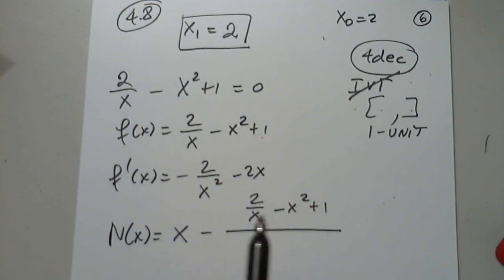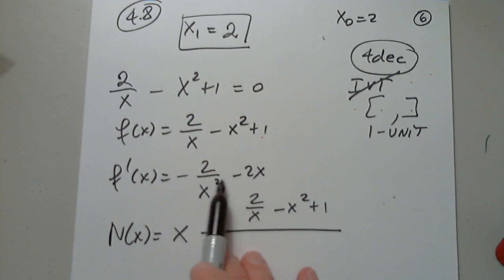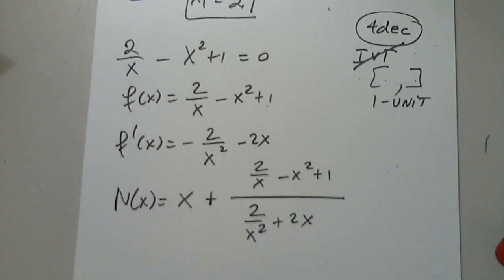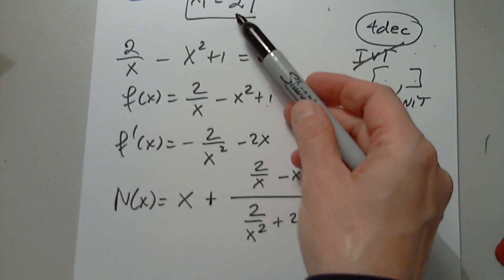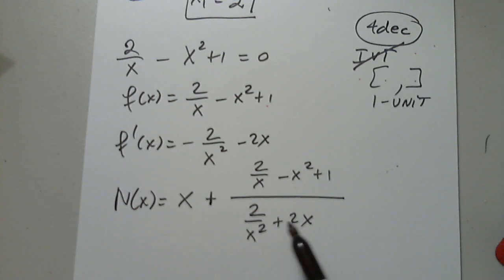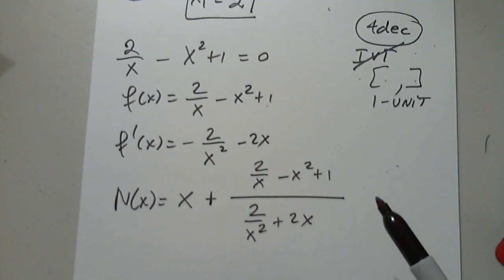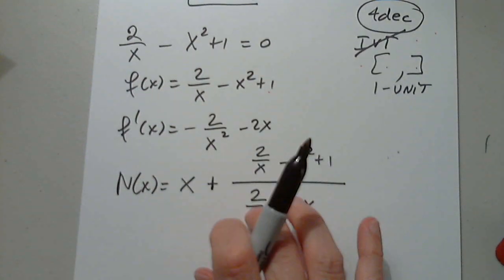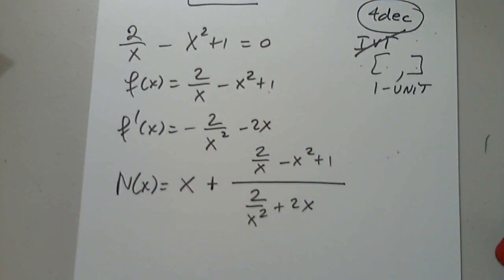Look at one thing here. The derivative has two terms and both of them are negative. I'm going to do this. In other words, I factor out negative 1 and I replace the negative by positive. Okay. Now, I have to check whether x1 equals 2 makes this 0. Because if it makes this 0, I'll say, sorry, I can't start with that. No, it doesn't, of course. They check that. So it's 2 over 4 plus 4. It cannot be 0. So I enter this function as is in the graphing calculator, and I will start with